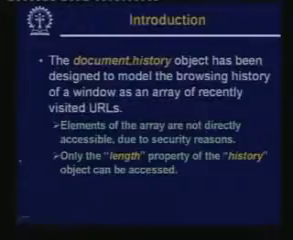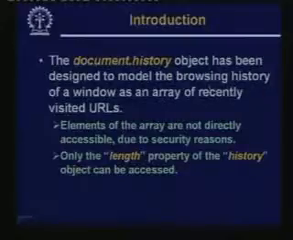Now, the history object you had already seen earlier. The history object is basically used to model the browsing history of a window. It actually represents what is considered to be an array of recently visited URLs. Now, from a security point of view,